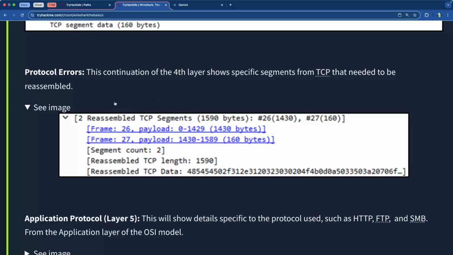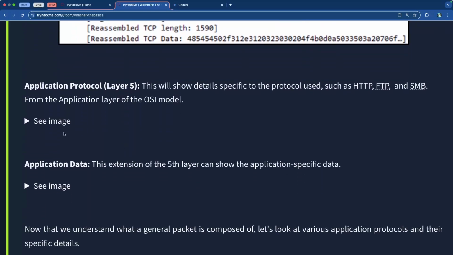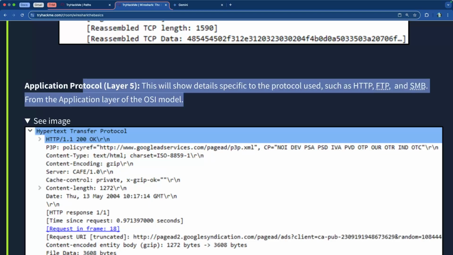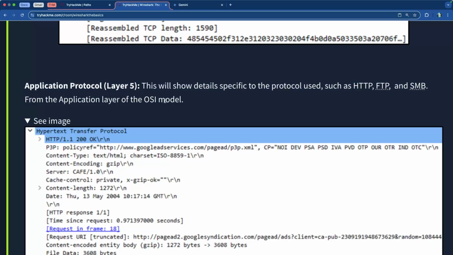They're part of the same communication essentially. And then we have the application layer, or the application protocol, which is layer 5 in this case. And this will be under the session. So this will show, it's technically from the application layer of the OSI model, protocol, but